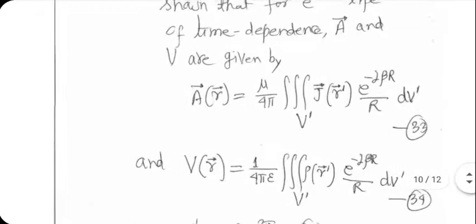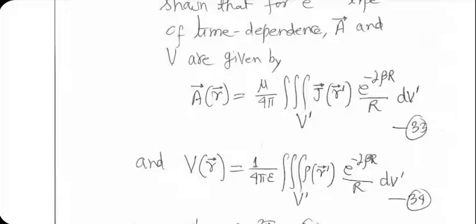Blindly don't assume this is the correct formula. Depending on whether you are being asked to use e to the power j omega t type of dependence in sources or not, you use a different set of formulas for A and B. In fact, the reality is that you don't even have to calculate V.